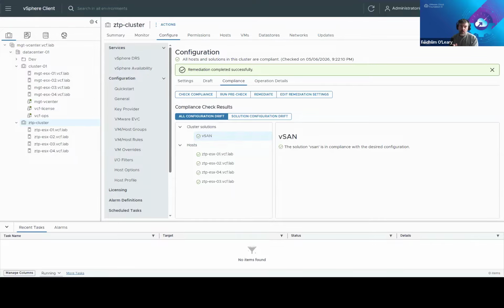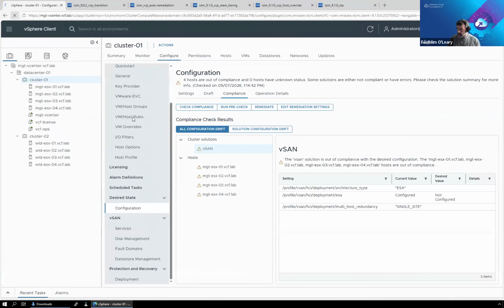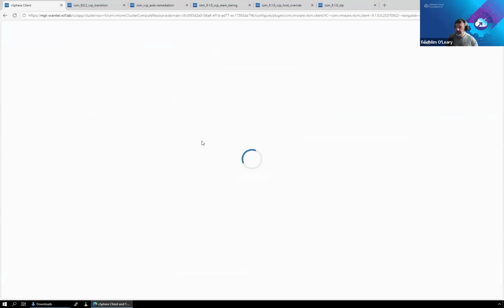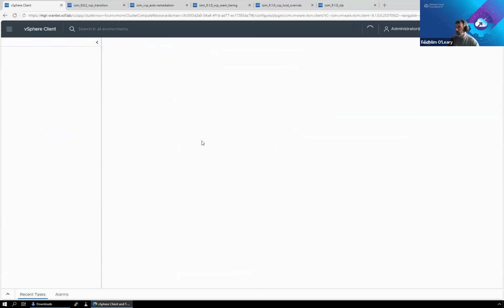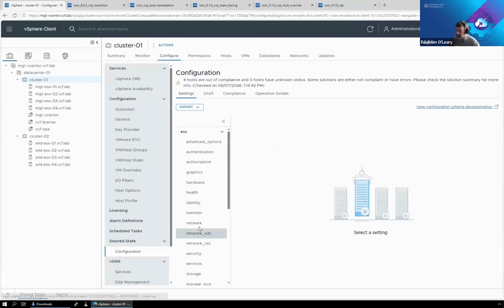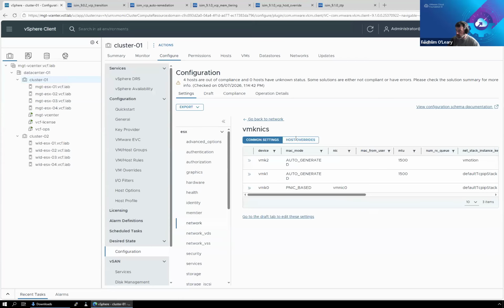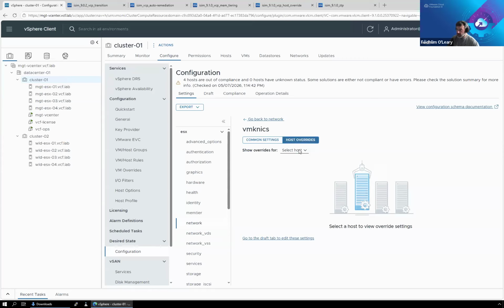Where can you see a list of the overrides? So that's a good point. Let me go to the live lab here. Hopefully this hasn't logged out. So in the UI, the overrides are at the individual level. So, you know, if we're in some configuration here, network, VMKNX, if I had some host overrides, they would